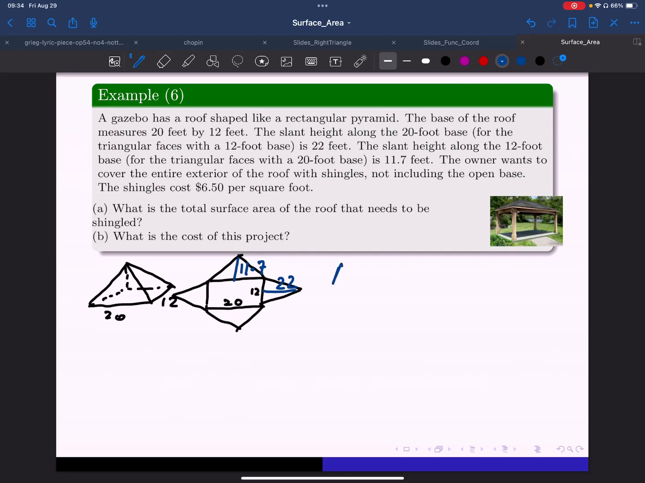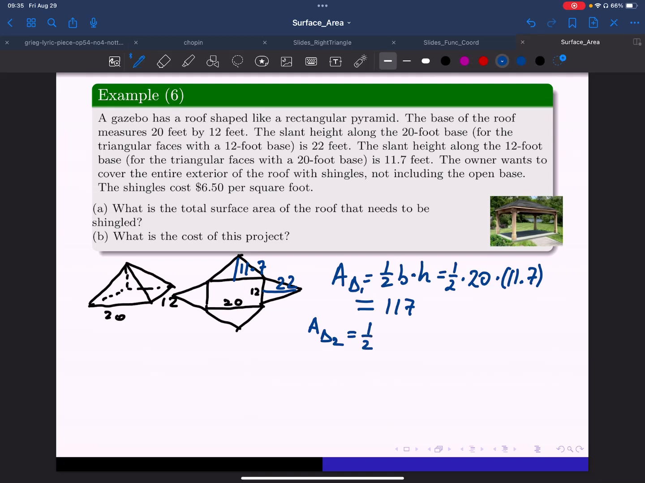So the area of the triangle is 1/2 base times height. In that case, we have 1/2 times 20 times 11.7. And that gives me 10 times 11.7, since 1/2 times 20 is 10. 10 times 11.7 should be 117. And the area of the other triangle, triangle 2, let's call it,